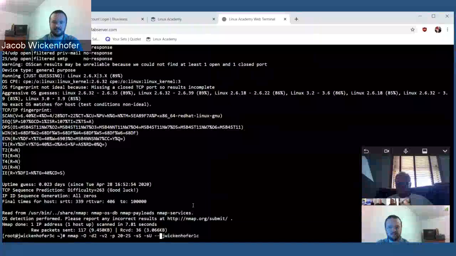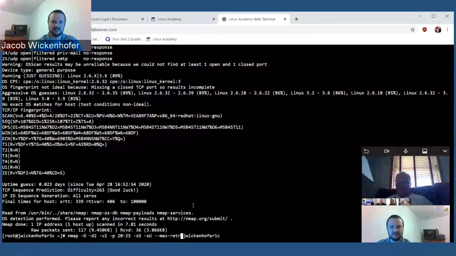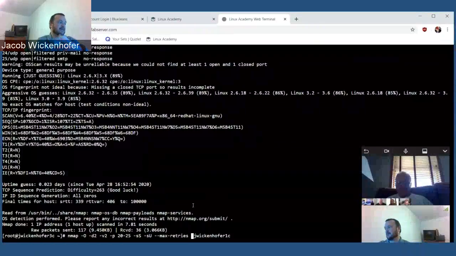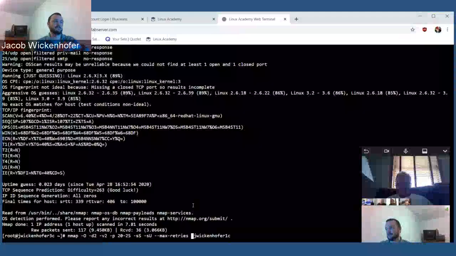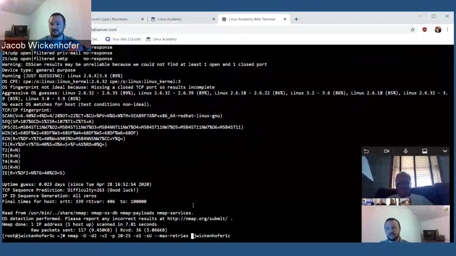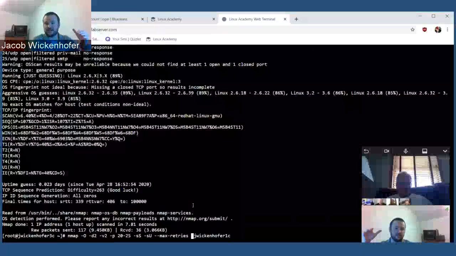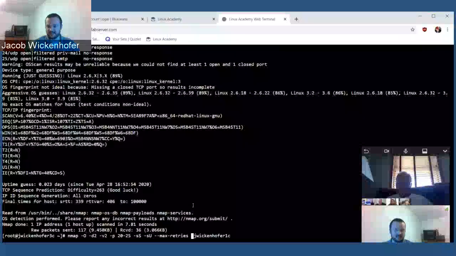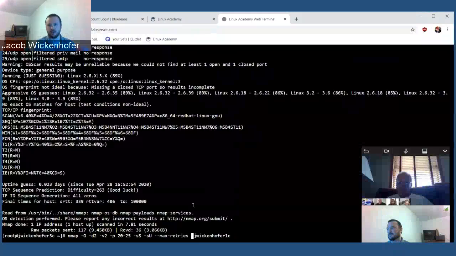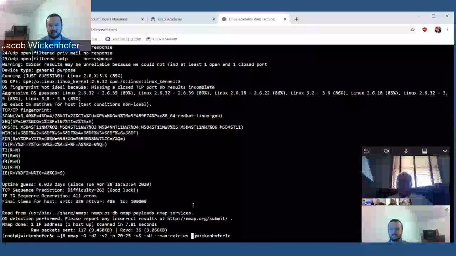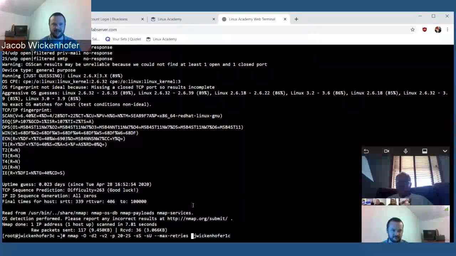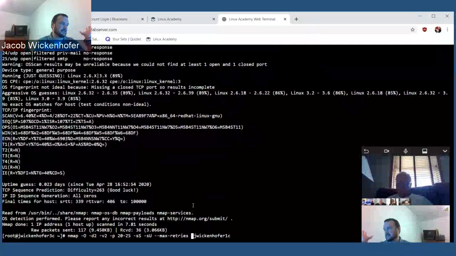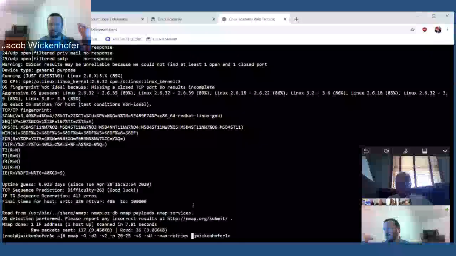So one thing you could tack on there is --max-retries, and I'm going to go off the book from this just because I don't want to tell you guys anything wrong. So max retries is going to stop Nmap from attempting a retransmission of a probe beyond a certain number of times. By default, it will try a probe on a port 10 times, and it can actually increase that if it deems it necessary. I'm not 100% sure what specifically causes that to go up or down. It's something in the negotiation of figuring out what the port is running. So setting that at 10, according to the documentation, which is nmap.org,